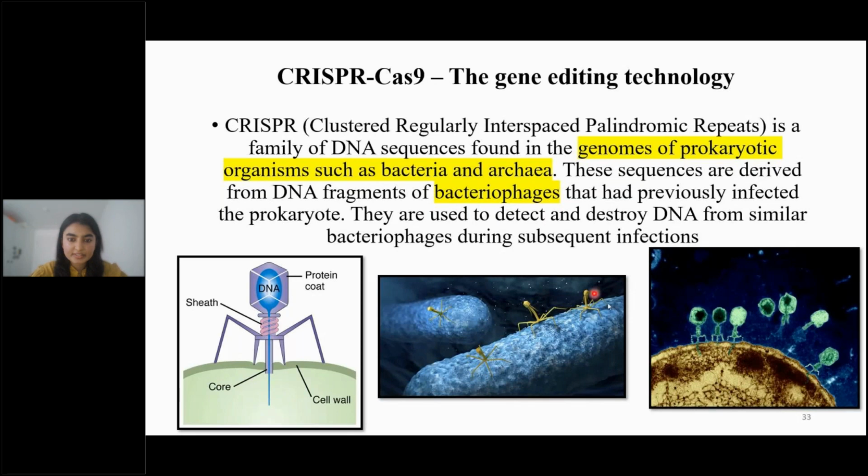So what happens is, obviously, as I said, the body is getting immune. So what is the bacterial cell doing? Once the DNA gets inside the bacteria, the bacteria is ready to fight it. The bacteria has its own proteins which can chop off the viral DNA coming inside. These proteins are called Cas.